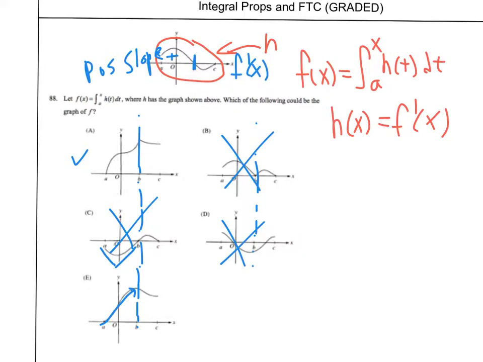Okay. The next part is that our graph is negative here, and that means that we're going to have a negative slope at this point, and both A and E, which are the only ones left, have negative slopes, so both of those are okay for that. The next thing we might look at, I'm going to erase my little tick mark here,